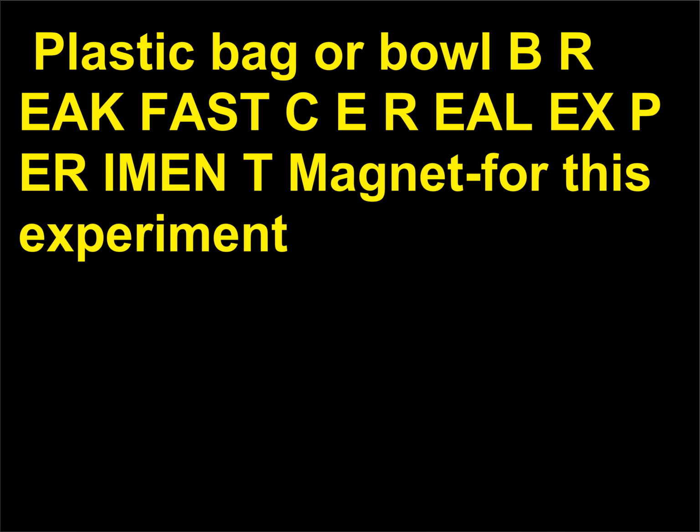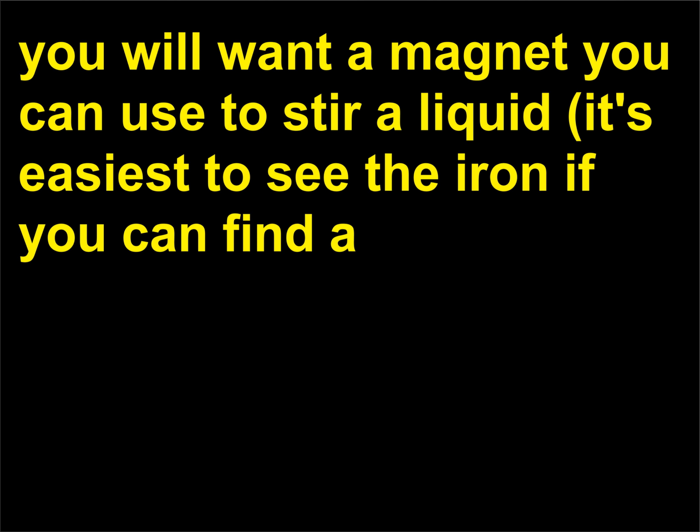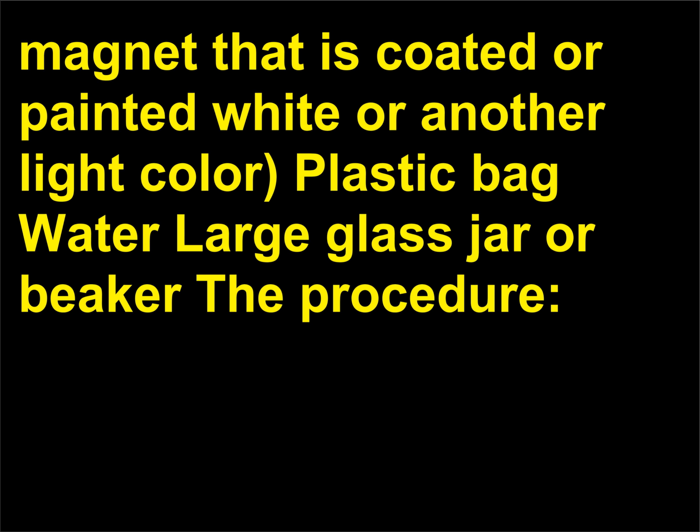Plastic bag or bowl. Breakfast cereal experiment: magnet. For this experiment, you will want a magnet you can use to stir a liquid. It's easiest to see the iron if you can find a magnet that is coated or painted white or another light color. Plastic bag, water, large glass jar or beaker. The procedure: